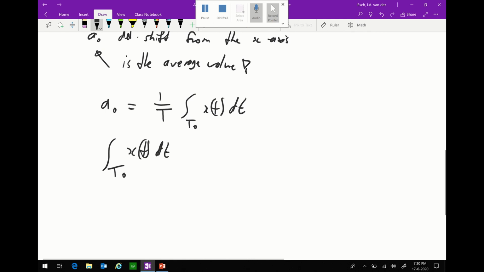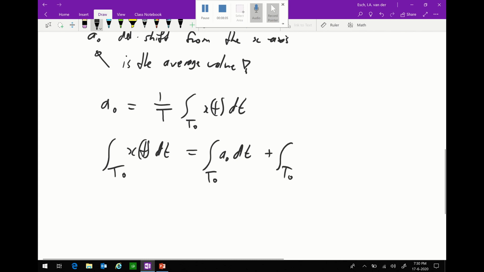We integrate each term of equation 1 over one period T naught. And we do that also with the right hand side of the equation. So this is the left hand side and this is the right hand side. And if we do that, we obtain this